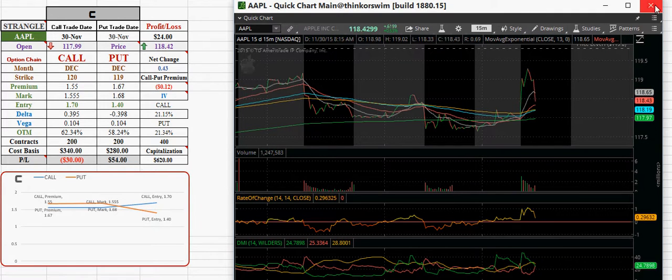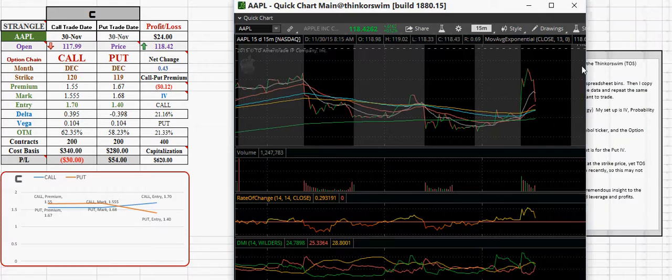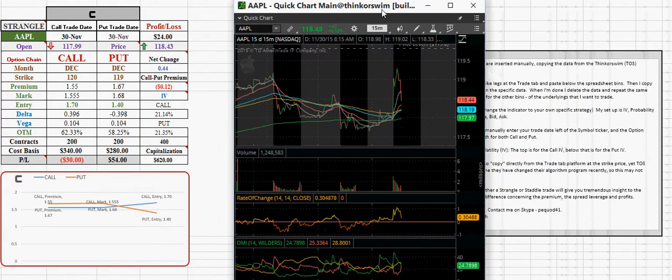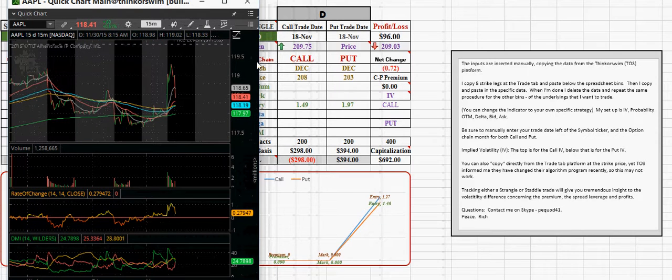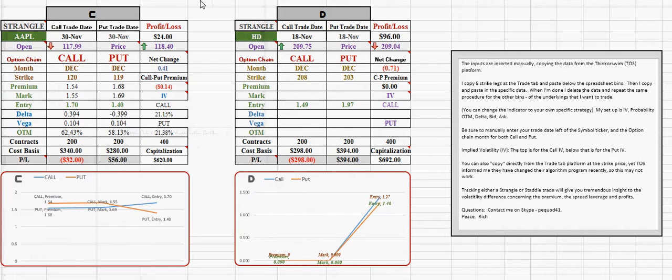Let's take a look at how we do it with filling out another one. What we want to do first is clear out the box. So once you've closed out your positions on the box, you just delete these boxes here. Then we have our